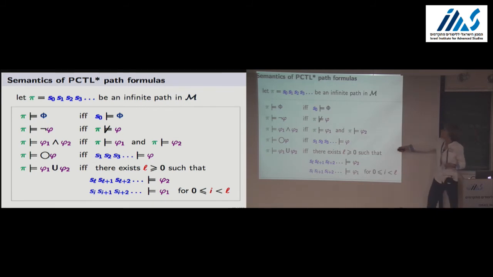Instead, let's look at the next operator: next phi holds if the infinite suffix starting at the second state, which is now again an infinite path, satisfies the formula phi. So for instance, if phi is again next A, then you can interpret this infinite path over next A, and so it makes sense. And for the until operator, this is the analogous thing. You can keep the picture you saw in the previous slide in mind, but formally we need to go via the infinite suffixes starting at some position.